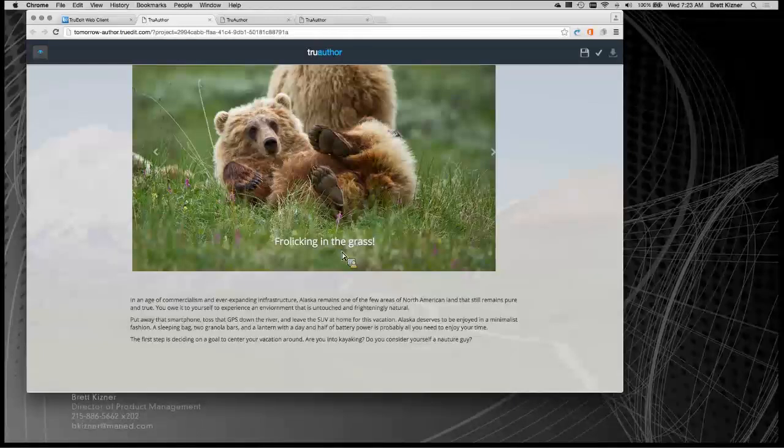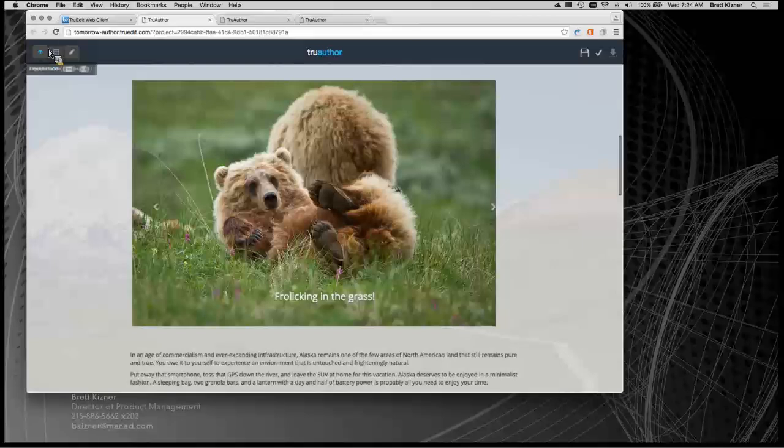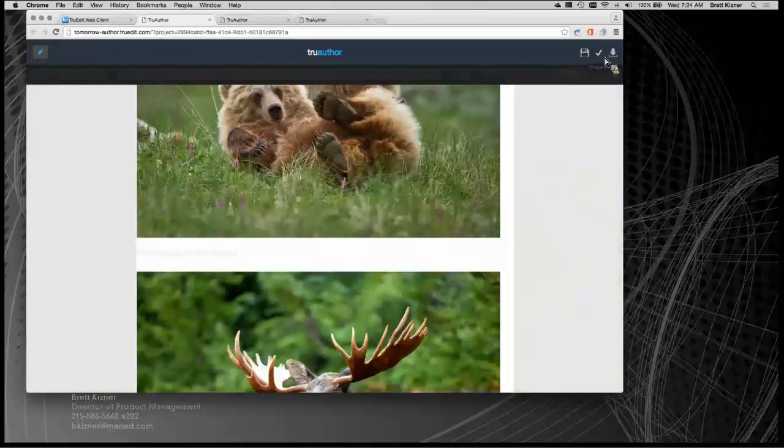As you see here, I can affect the left column and the right column. I can come in and do things like resize those columns so to react to the responsive layout, as well as access all of my CSS that you see above. So as we said, we want that video to work, so I'm just going to come in here, select the TruAuthor image here. You'll notice it already has a class applied to it as part of the template, and I'm just going to pop in that link.